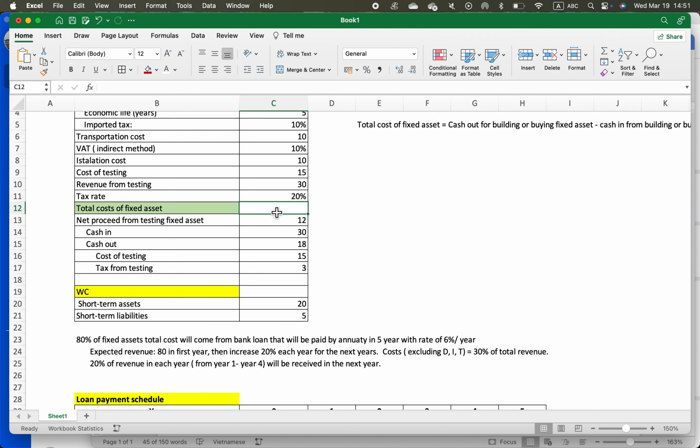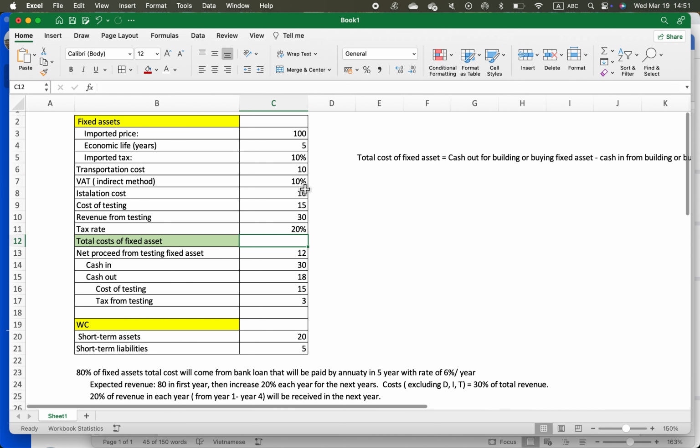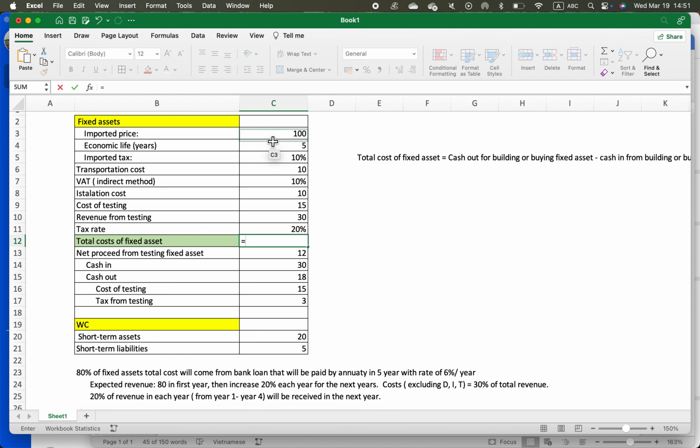Now we come up with the idea of total cost of fixed assets. So the total cost of fixed asset is any cash out for buying fixed asset minus any cash in from buying fixed asset. So cash out is imported tax, plus imported tax. So imported tax could be this one multiplied with 10%, plus transportation cost in here, and